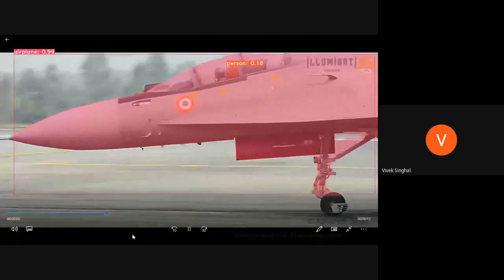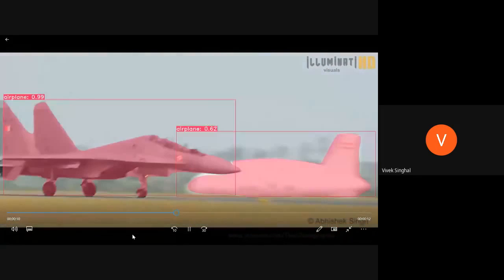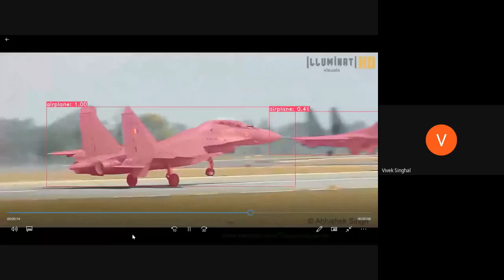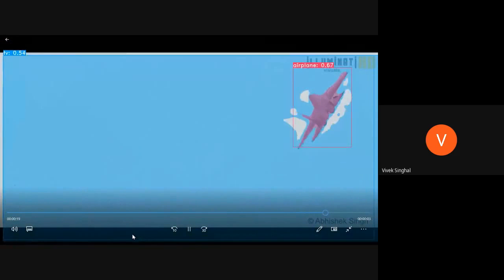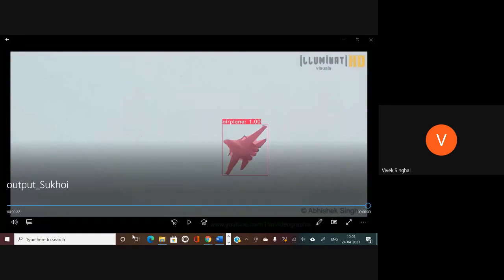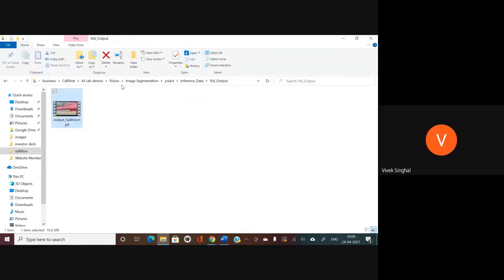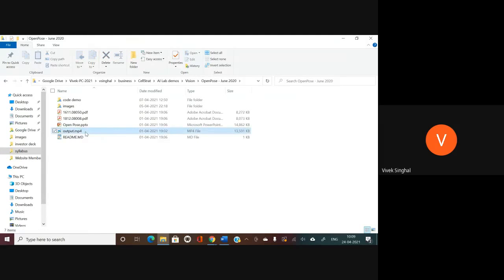So this is an Indian Air Force aircraft, the Sukhoi fighter aircraft from the Indian Air Force. It's an old style Indian Air Force aircraft. From satellite imagery or ground cameras, it's giving us a video feed, and we are applying a computer vision AI solution to segment this. This is using advanced neural network techniques called convolutional neural networks, and sometime in the future, our kids should be able to develop these kinds of applications.